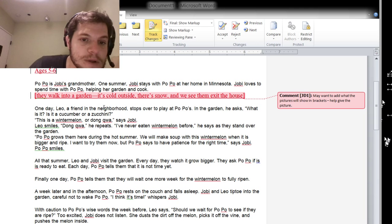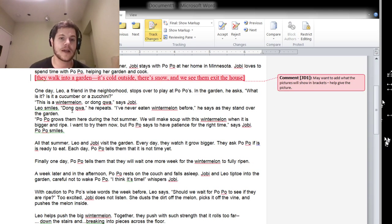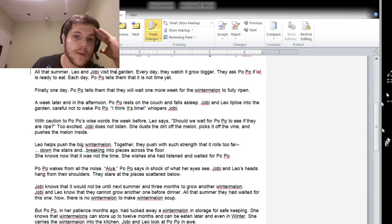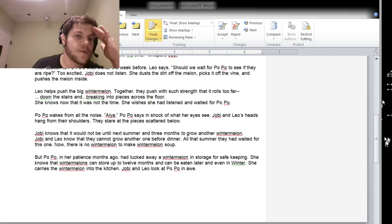Cucumber dongwon. Okay. We will make soup with this watermelon when it's bigger and ripe. I want to try them now, but Popo says to have patience for the right time, says Joby. Popo smiles. All that summer, Leo and Joby visit the garden. Every day they watch it grow bigger. They ask Popo if it is ready to eat. Each day, Popo tells them it's not time yet. Finally, one day, Popo tells them they must wait one more week for the watermelon to ripen. A week later, in the afternoon, Popo rests on the couch and falls asleep. Tiptoe to the garden, careful not to wake Popo. I think it's time. With caution, to Popo's wise words the week before, Leo says,